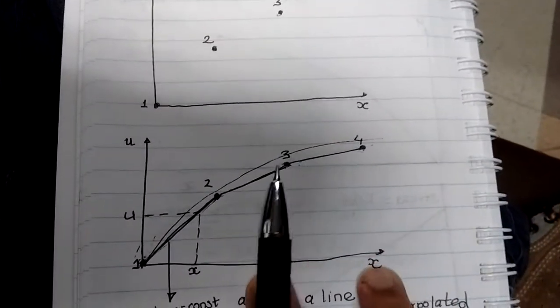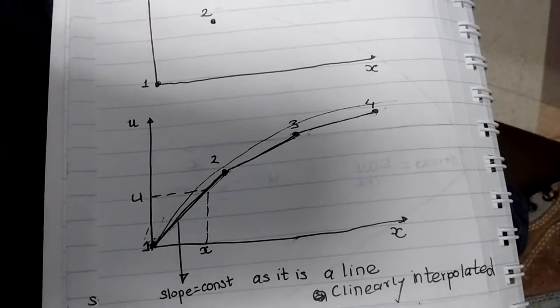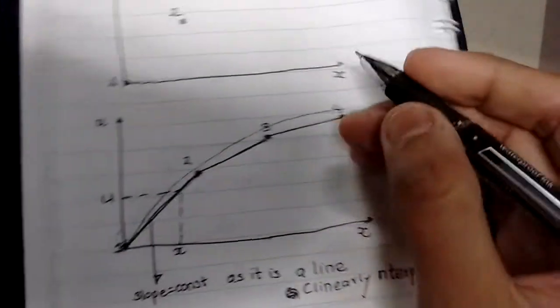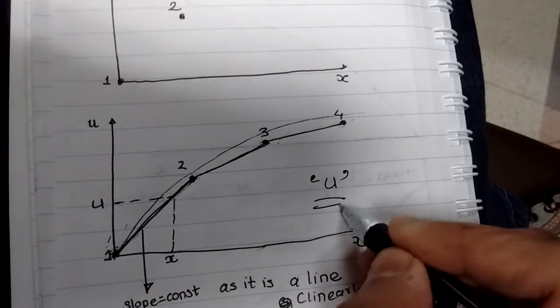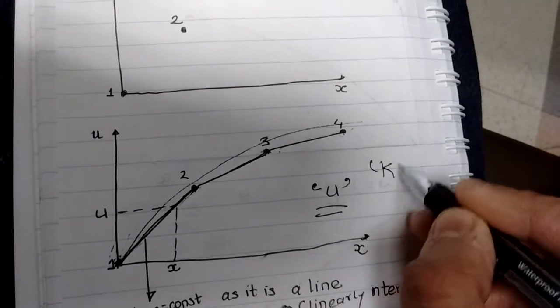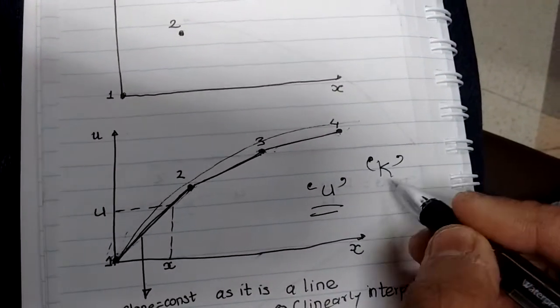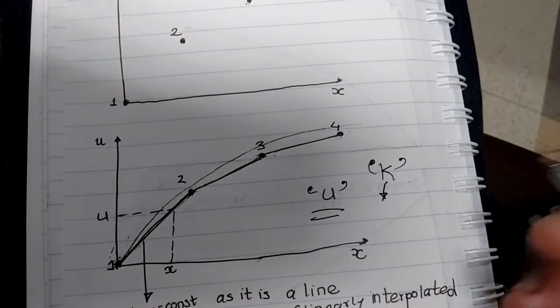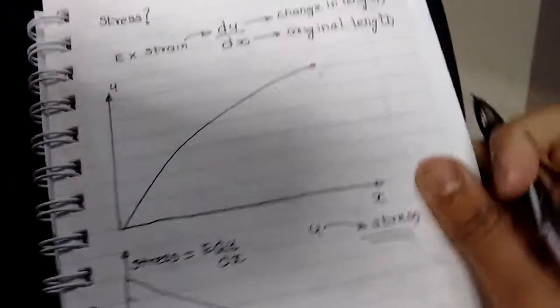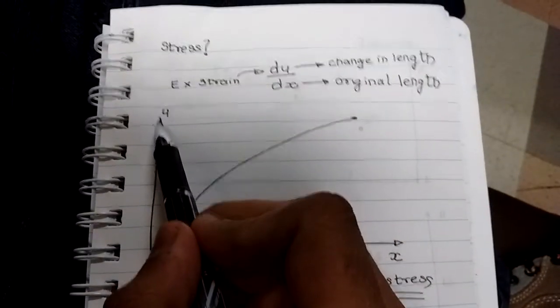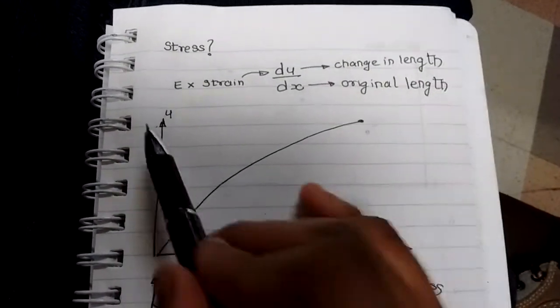Now for a moment, what we are interested in is basically stress, not displacements. But the idea of FEM is that it first finds the value of displacements, and there's something called a stiffness matrix, which you will see in theory. Using this stiffness matrix, it will find the stresses at each and every point. So if you go back to the theory, this is the graph of u versus x.